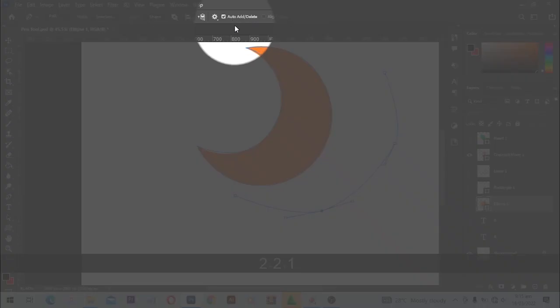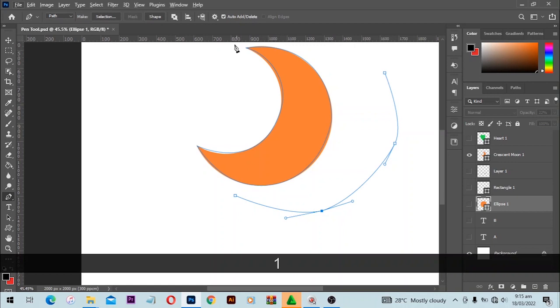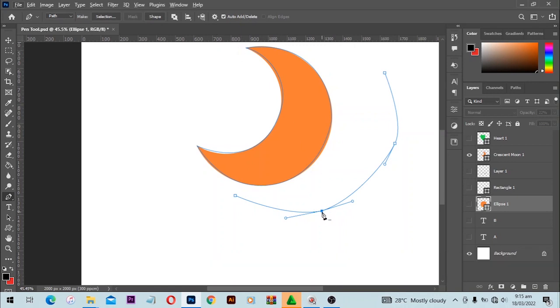and I can also remove the handle. Make sure you have auto add or delete selected, and when you hover over this, you see minus. When I click, it will remove the handle. Alright,